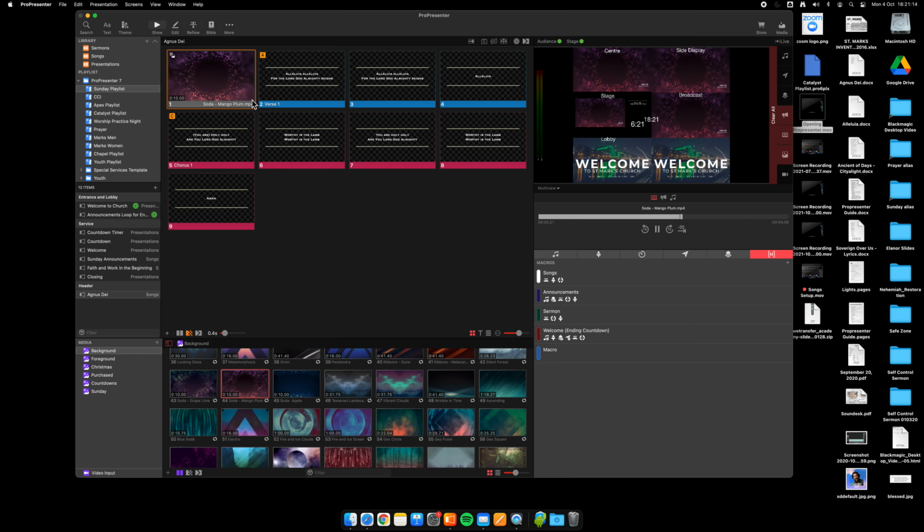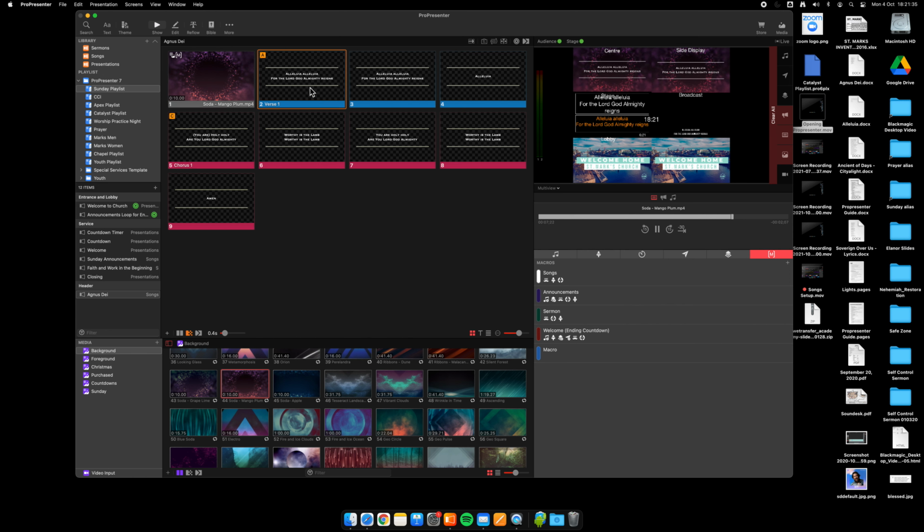To combat that, we've created a macro called songs, and this has what it wants to look like on stage display, and it has the destinations. So what you simply have to do is drag this on here, and now when I reselect it, it's automatically changed the slide here. So at the moment we're using this